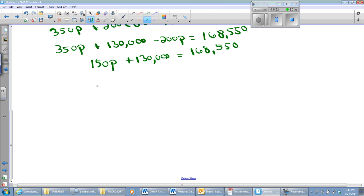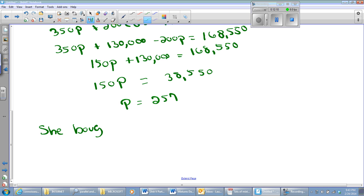And I will subtract 130,000 from each side, and I'll get 150P, and that'll equal 138,550. And then, uh-oh, I have a mistake. It's only 38,550, not 138,000. And then I'll divide each side by 150, and I will get the opening ceremony will be 257. So she bought 257 tickets for the opening ceremony,